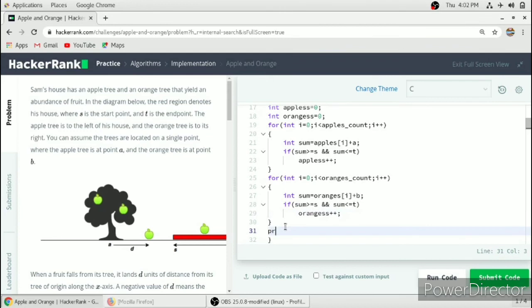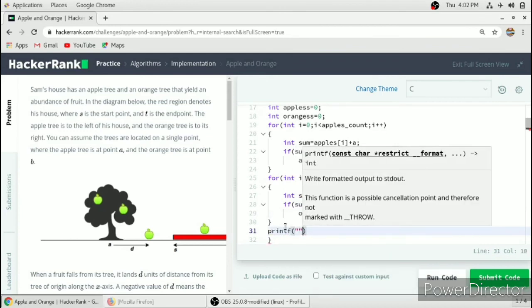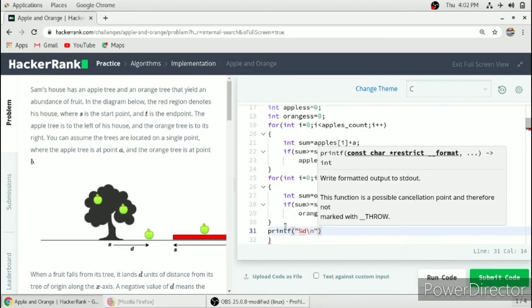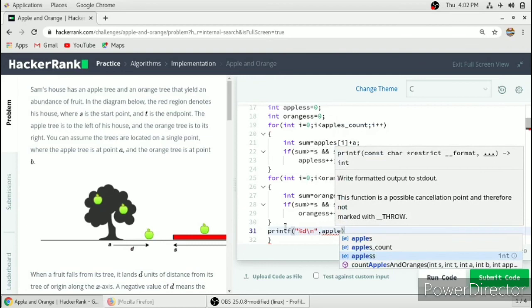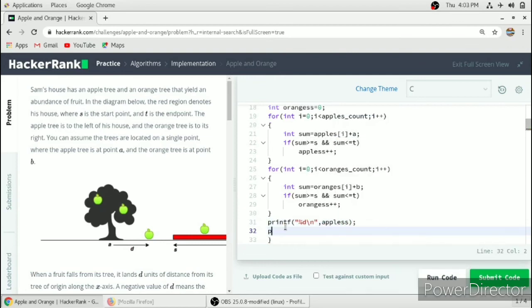So after that we will print the number of oranges that fell on Sam's house. First we will print apples and then we will print oranges.